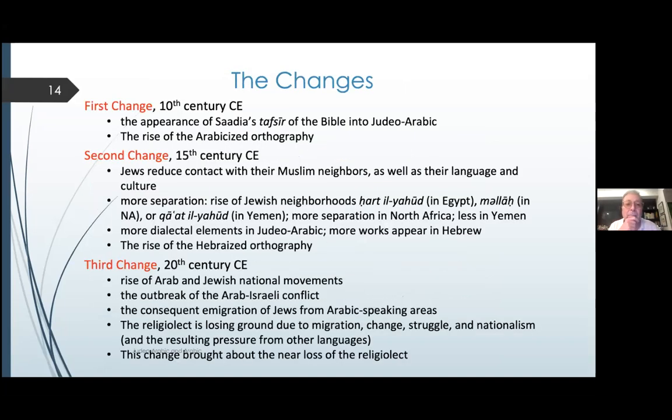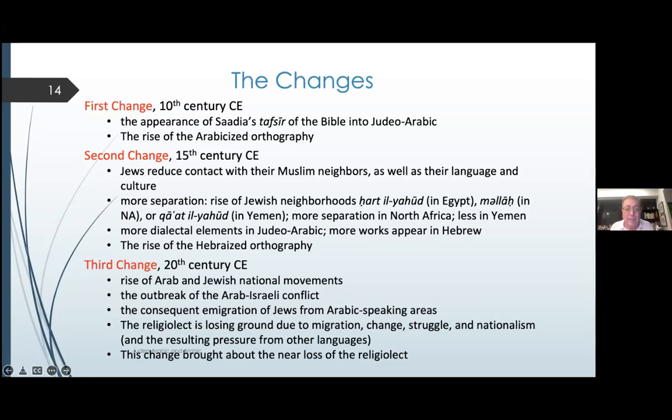I talked about the changes. So in the 10th century, we have the appearance of Saadia's tafsirs, among the first translations of the Bible into Judeo-Arabic, and the rise of the Arabicized orthography in Judeo-Arabic, which Blau wrote about a lot. In the second change, the 15th century, we have reduction in the contact between Jews and Muslims. There is more separation. We start seeing Jewish neighborhoods, Hart el-Yahud in Egypt, Melah in North Africa, Qa'at el-Yahud or Gat el-Yahud in Yemen. So there's more separation and more dialectal elements penetrate Judeo-Arabic and the rise of the Hebraist